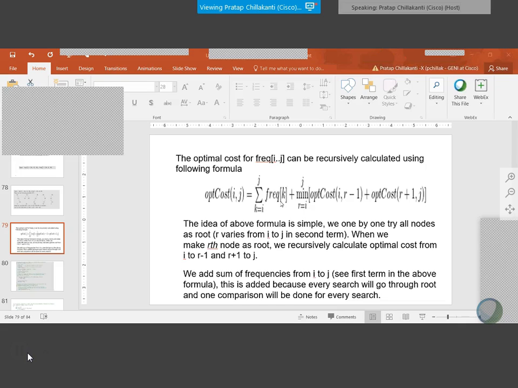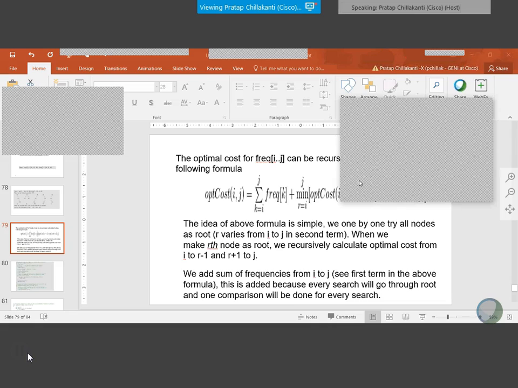That's what we do. Whenever you make something root, it's just its frequency plus, since it's an ordered sequence of numbers, you take the 1 to r minus 1th elements and compute the cost of that. Remember, it goes back to the substructure and overlapping subproblems.